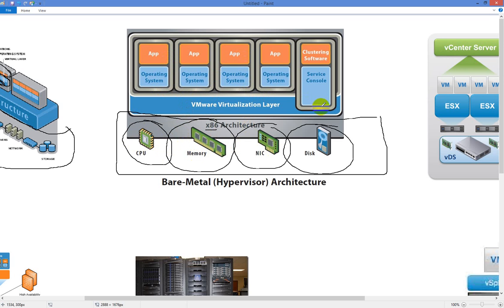Now, the virtualization layer, or the abstraction layer, this is why VMware is so powerful. Because when you look at it from a high-level overview, what you're doing with virtualization is you're taking all of the hardware resources, so the CPU, memory, network, and disk. You're taking all those pieces and you're able to carve them up, or virtualize them, so make them available for more than one operating system.